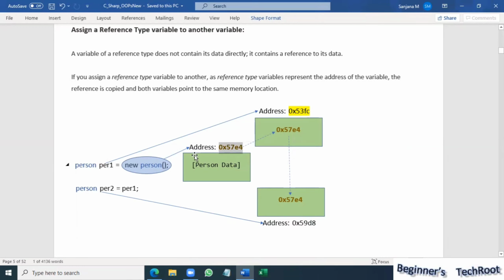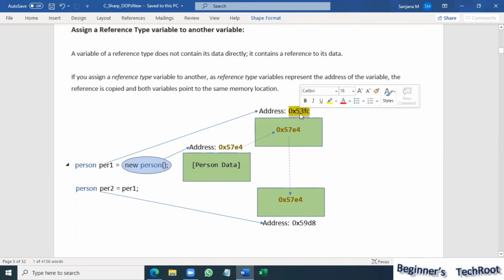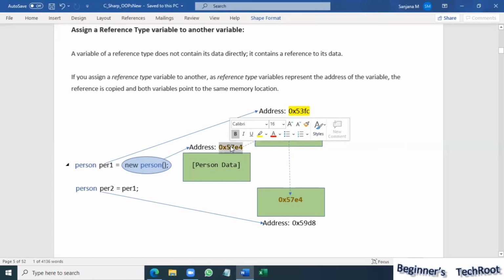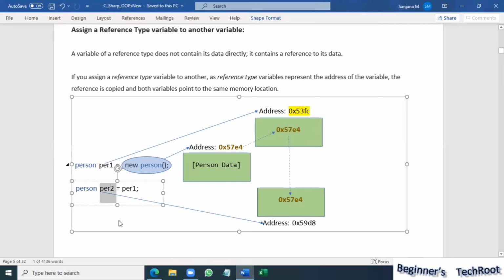So in this memory location, the data will be there, whatever the object data is. Here, it points to, it's nothing but a reference to its data. Okay, so this address will be stored in this memory location. So that is how reference types work. Now in the second step, if we create one more